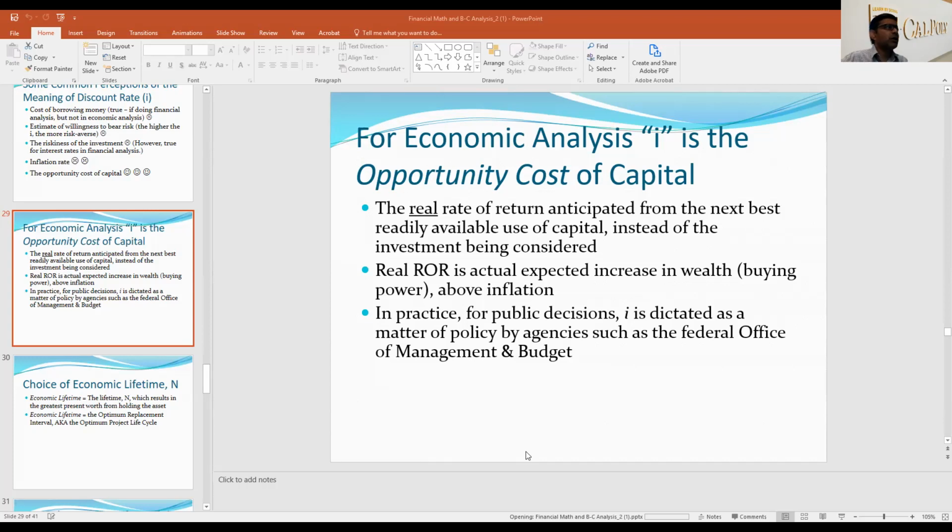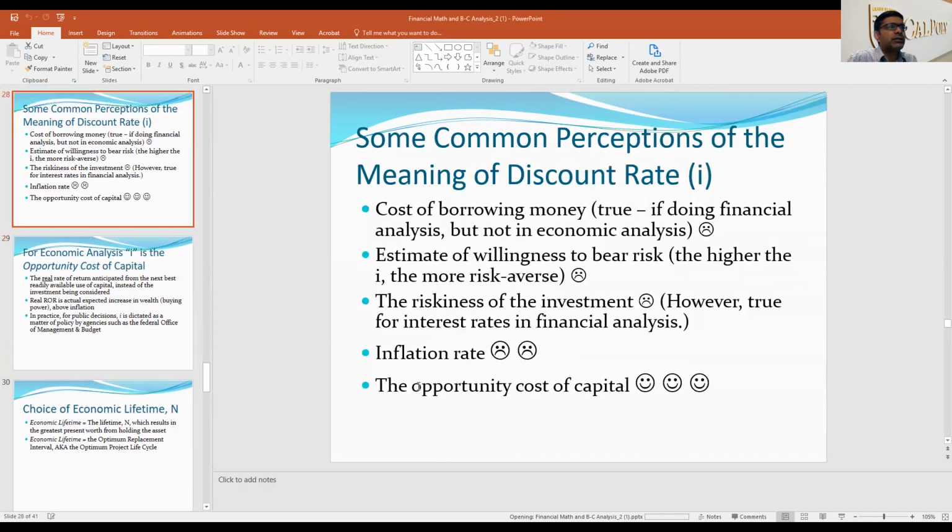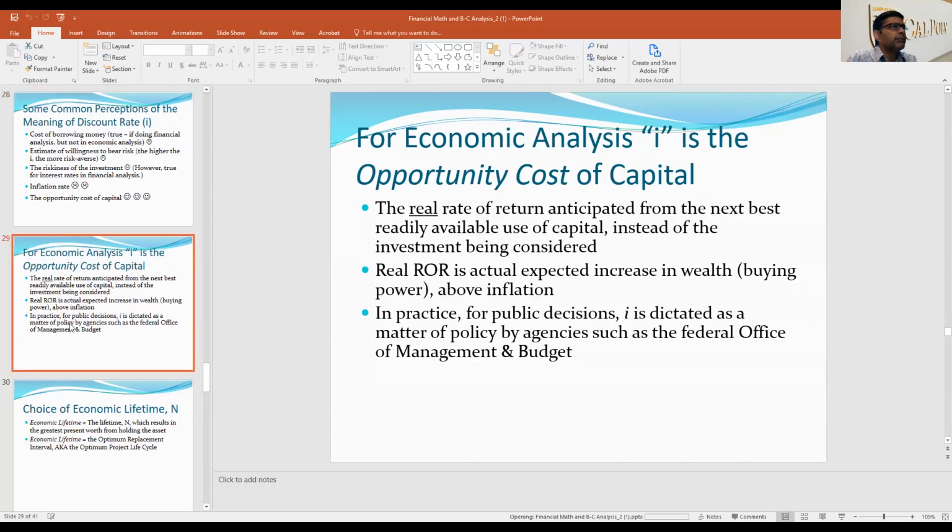And then last thing we talked about was, in the economic analysis, what is the meaning of R? We talked about how it's actually the opportunity cost of capital and not anything else. And then it's the real rate of return from the next best readily available use of capital instead of the investment being considered. And usually these types of rates are published by the federal agencies, such as the Office of